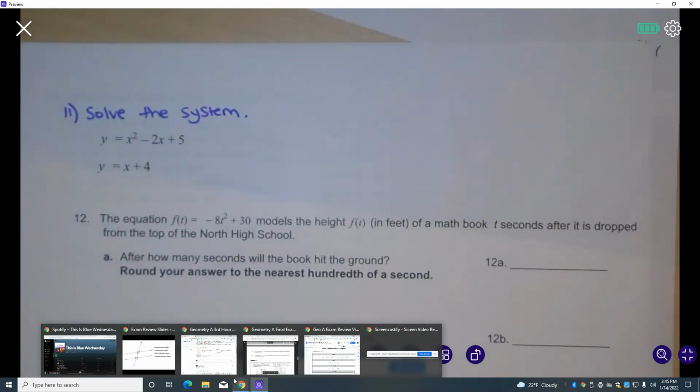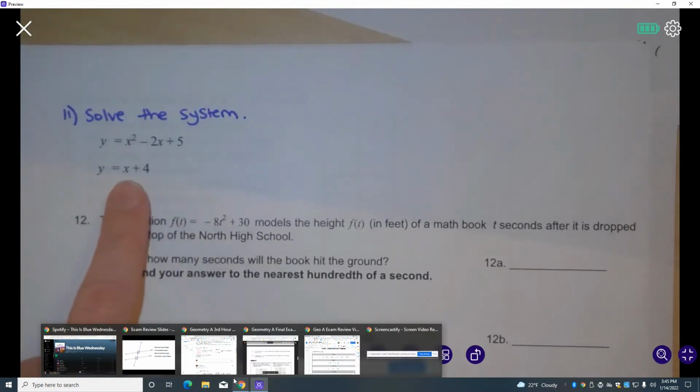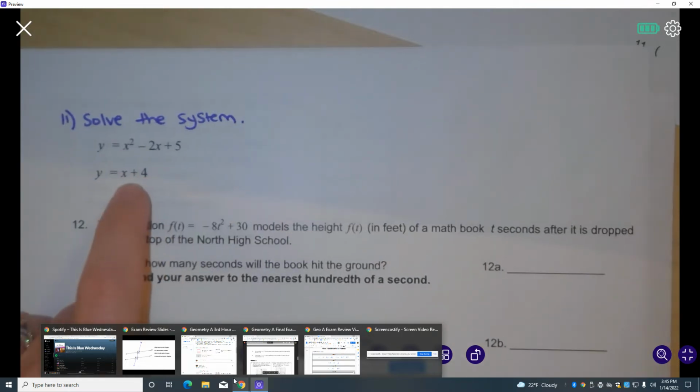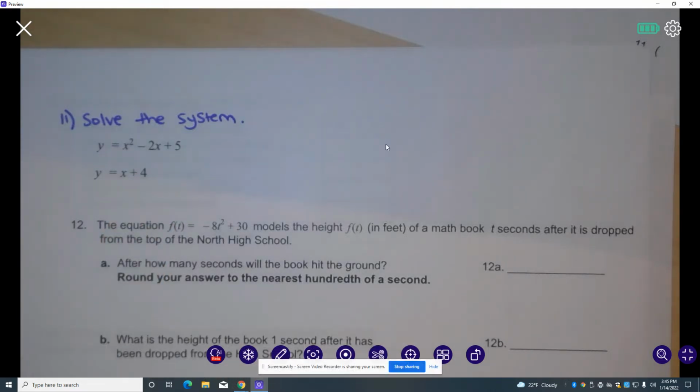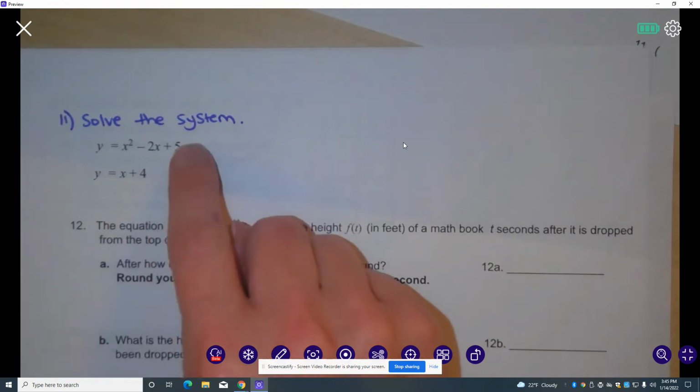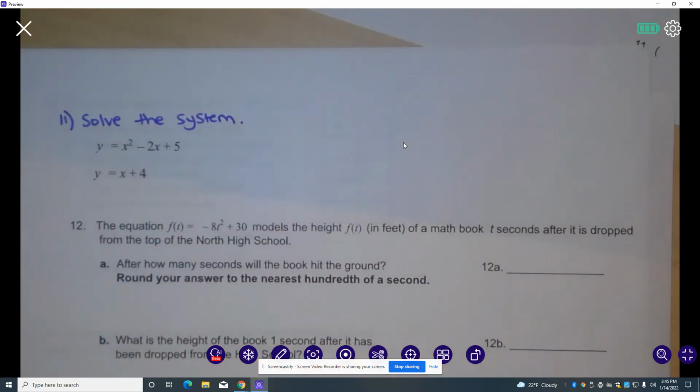This video will cover Chapter 3 problems number 11 and 12 on the final exam review. In number 11, we're going to solve this system of equations. We have a linear equation and we have a quadratic equation. So I think this is a perfect setup to graph these two equations, and then remember the solutions will be